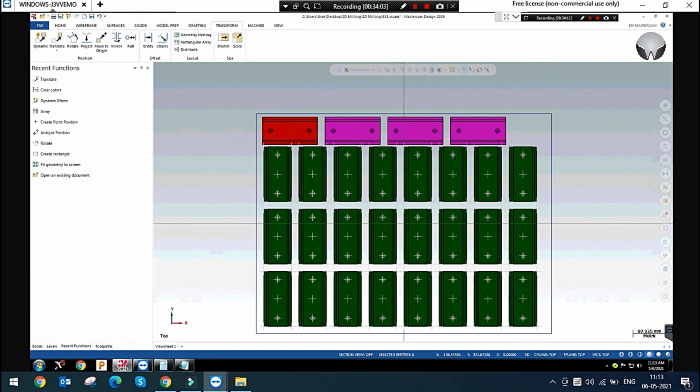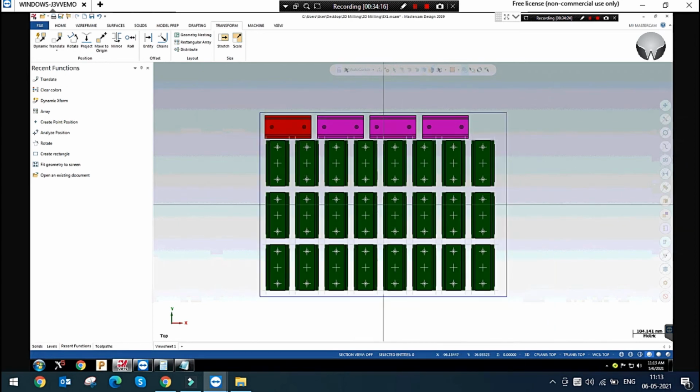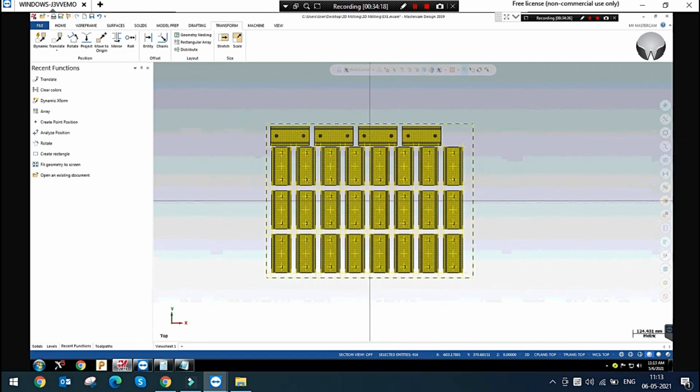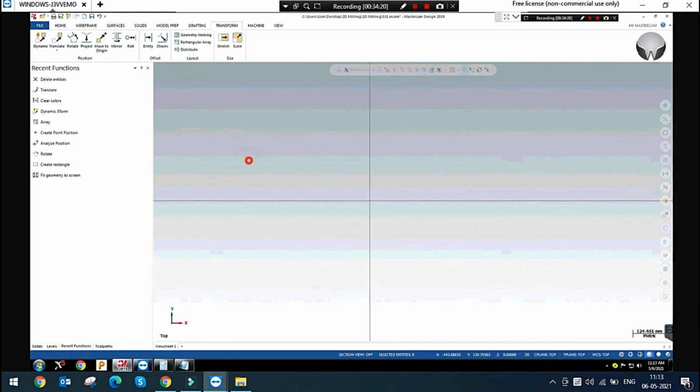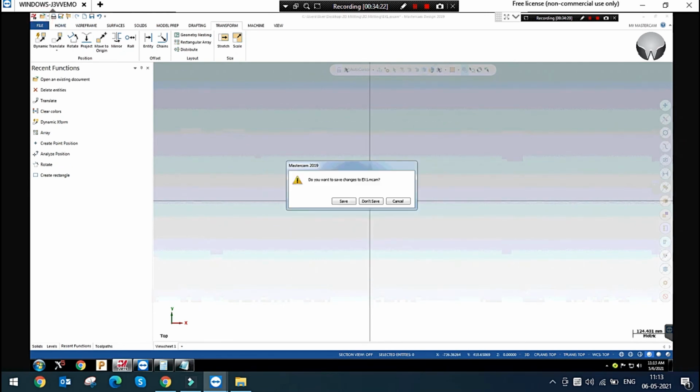Yeah, this option, if you have a 3D model, you can align manually. Yes. So I need to tell the transform option, right? Dynamic transform.